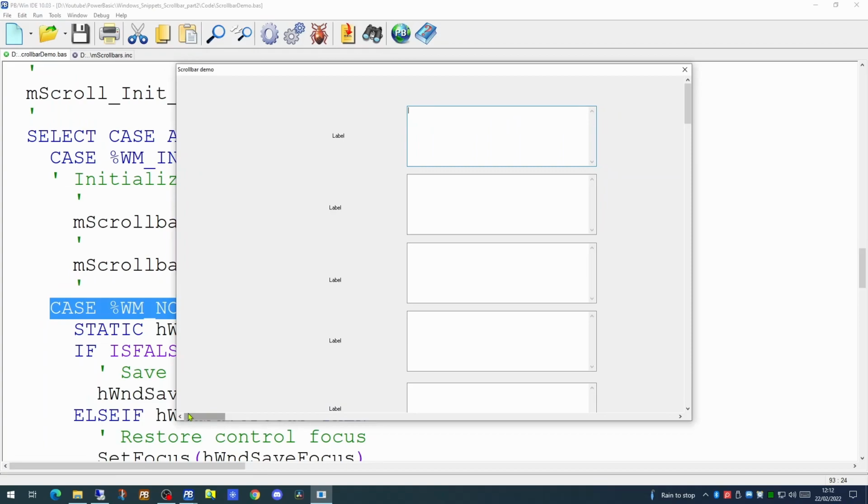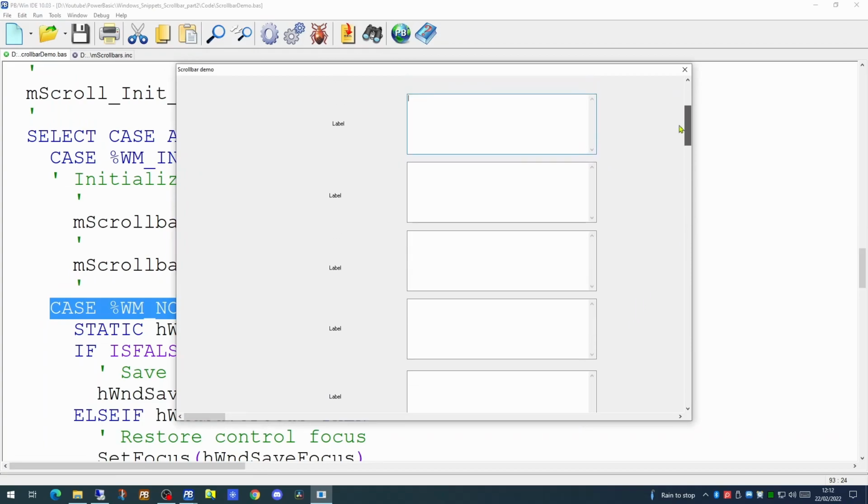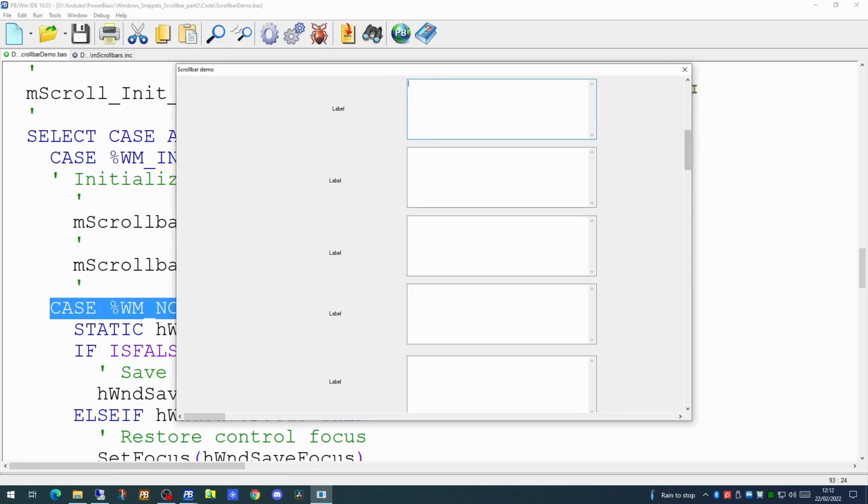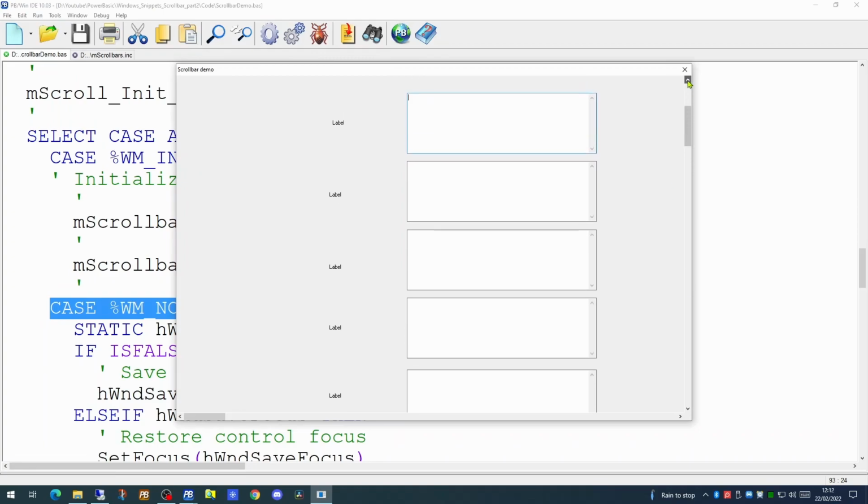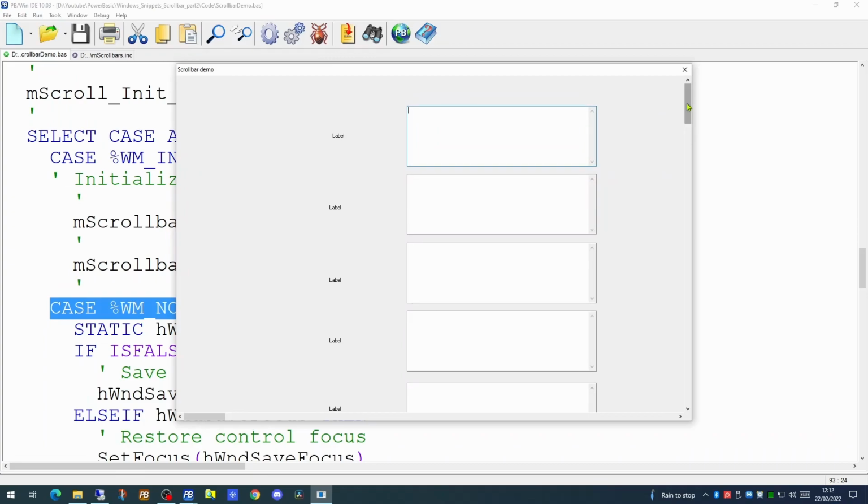Our scrolling at the moment is done entirely using the mouse, moving the thumb, clicking on the scroll bar, or using the up and down arrows. There is one additional bit of scrolling we can actually do. The majority of mice these days appear with a scroll wheel. At the moment we don't actually support the scroll wheel, so let's amend our code to detect when the user actually uses the scroll wheel on the mouse to scroll up and down, left and right.